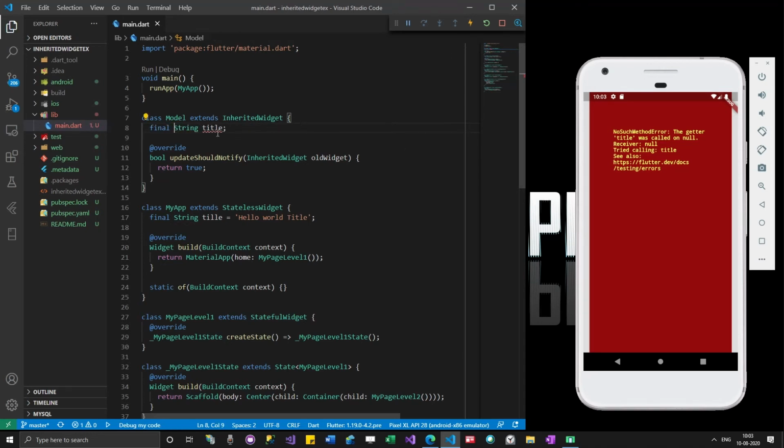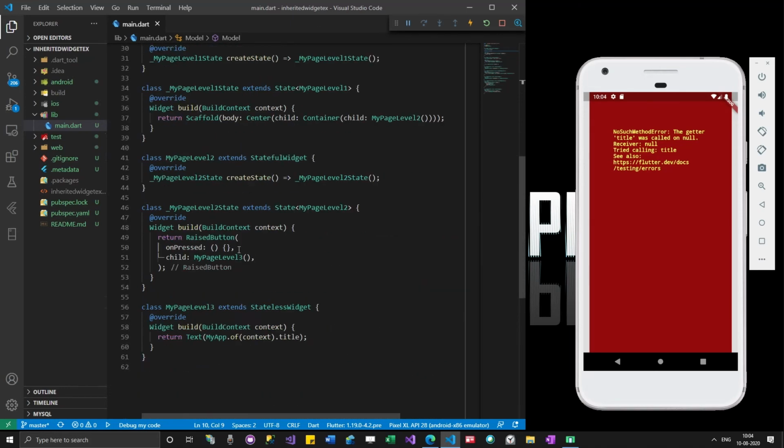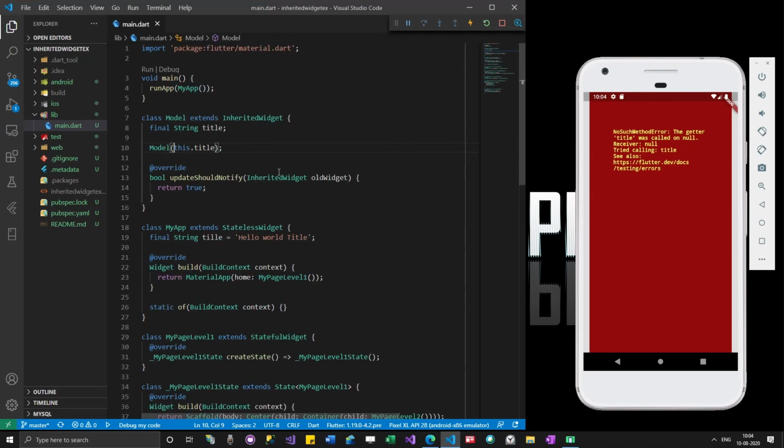and then create a constructor. So it has created a plain constructor. I think we haven't added any constructors over here. That's okay.